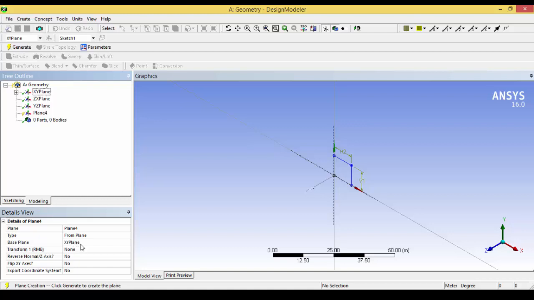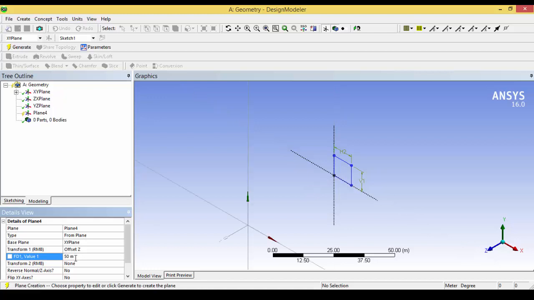I am creating a plane parallel to the XY plane, and the transform type is offset Z. Because our plane is XY, I am offsetting towards the Z direction, and the distance I am giving is 50 meters. I am offsetting the XY plane by 50 meters. So now I have created a plane. The distance between these two planes is 50 meters.